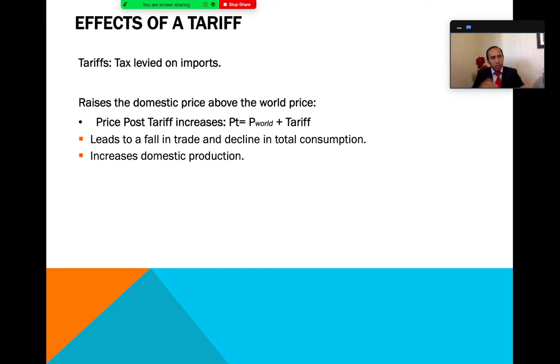So if you don't mind reducing imports and having it produced somewhere else, and you're in favor of the tariff, well, be ready to pay a higher price, or be ready for your product to be delayed because the countries are arguing over the agreements on tariffs and trade. It's going to potentially lead to a fall in trade. If the tariff is substantial, it's going to decline consumption of imports and encourage you to produce domestic products,